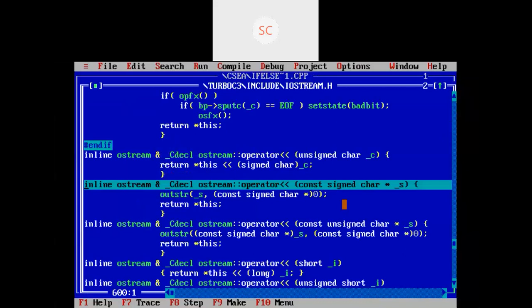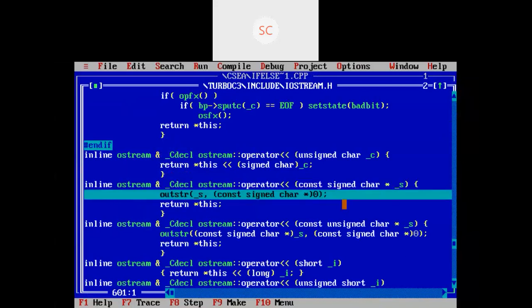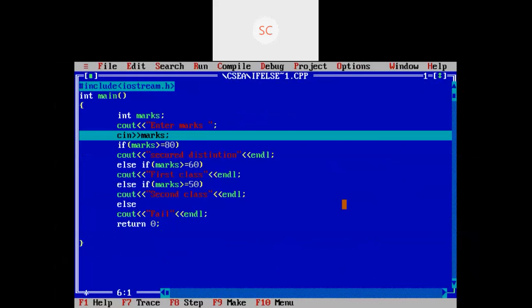Okay, first it will get the libraries. See, I used cout, right? Cout is in the ostream header file. This is the back end, we are not including anything. The compiler itself will move to this header file and get the data from that header file. Okay, here we are going to read marks. Now observe here, it directly comes to this output screen.